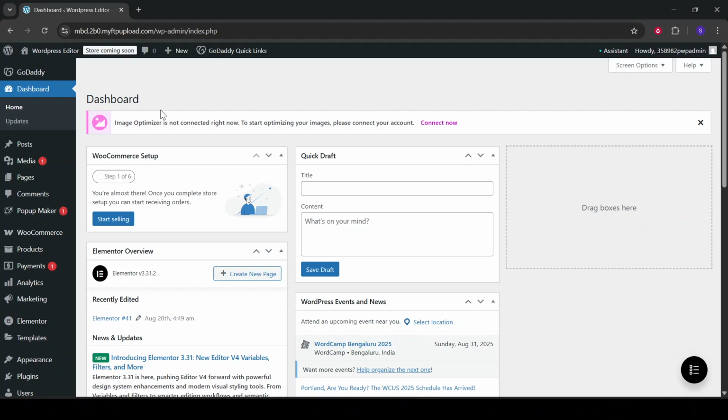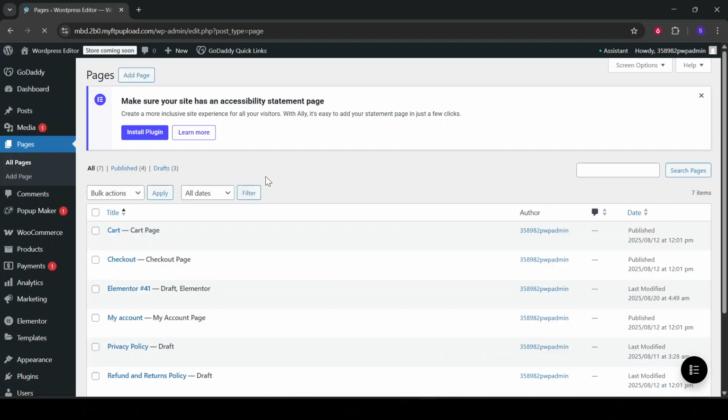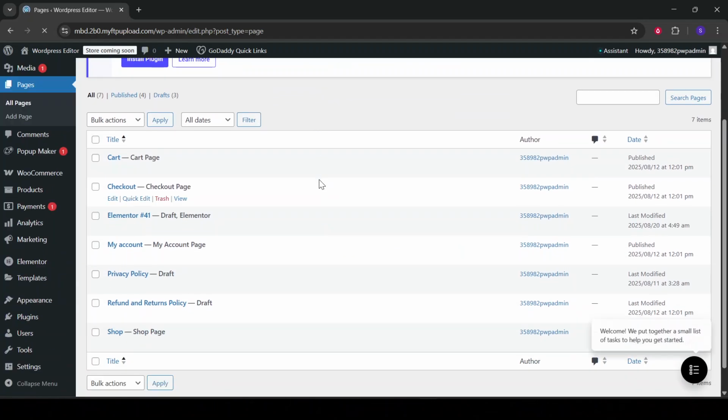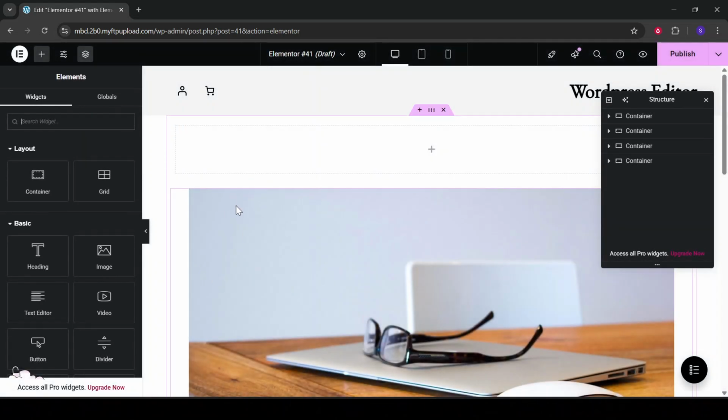First, open your WordPress dashboard and navigate to the page where you want to make your Elementor container full width. Once you're on that page, click the Edit with Elementor button. This will launch the Elementor editor, where you can visually adjust the layout and content of your page. The goal here is to give your container a sleek, professional look that extends edge to edge on your visitor's